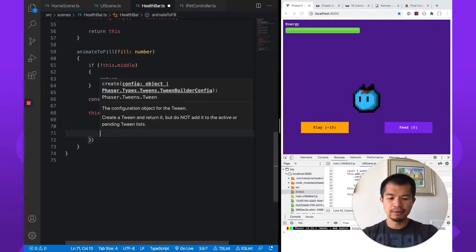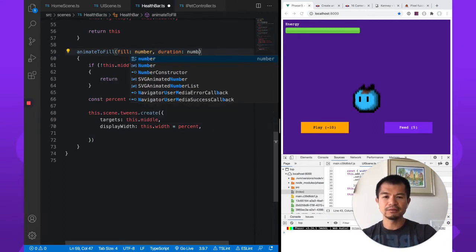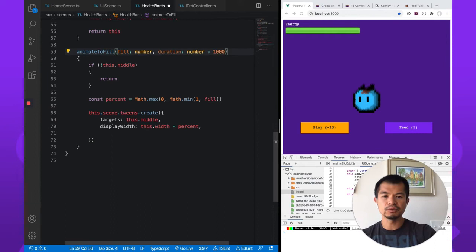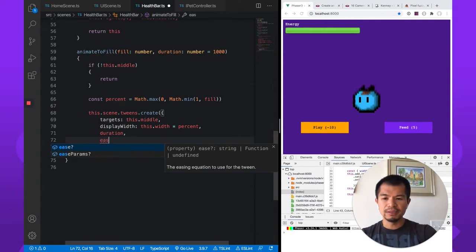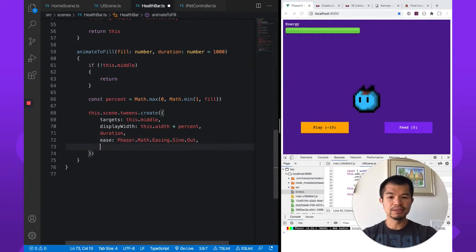And let's see here. Duration, we'll just pass that in and expose that to whoever's calling this, but we're going to default it to 1000 milliseconds or 1 second. So duration, we'll give it an ease, Phaser.Math.Easing.Sine.Out. You can play with various different easings. And then on update,